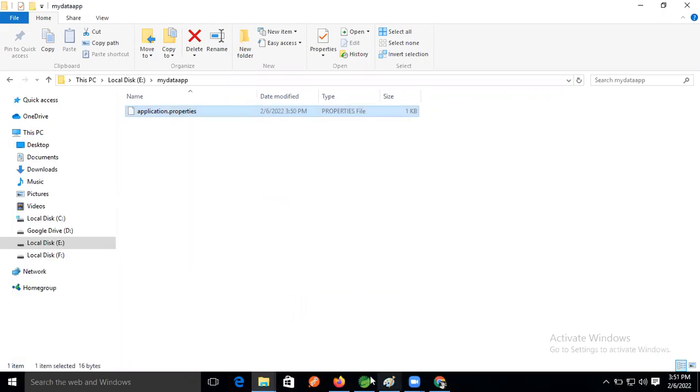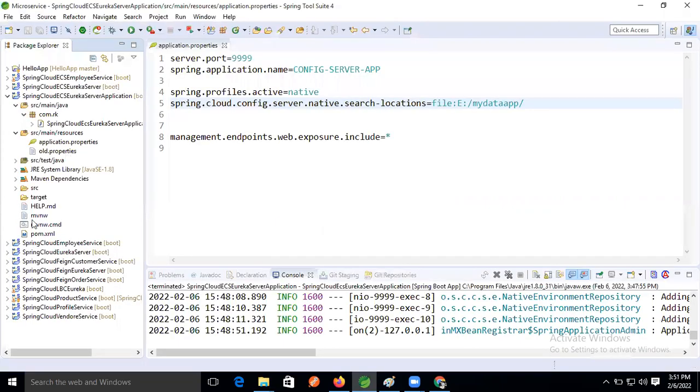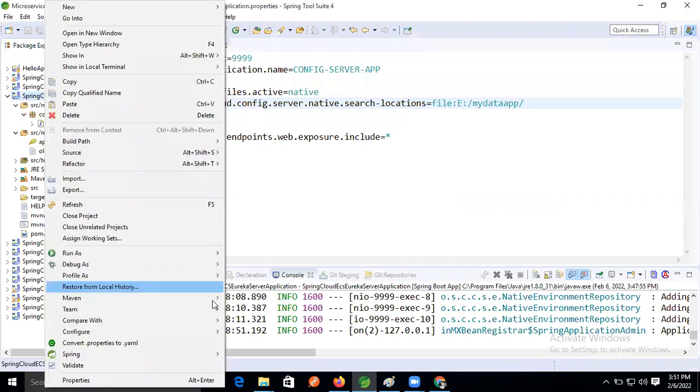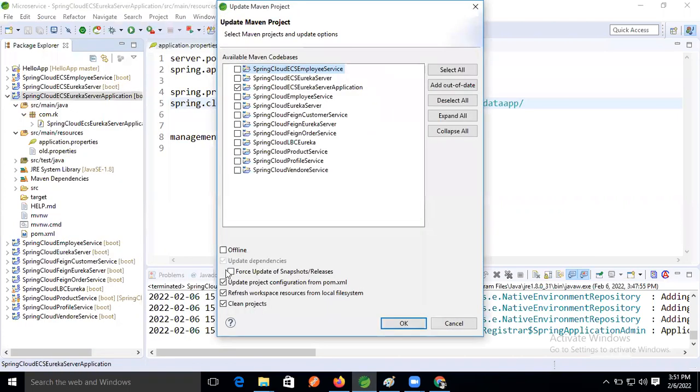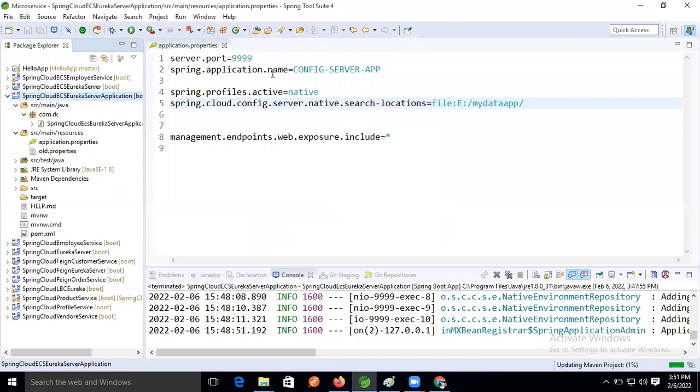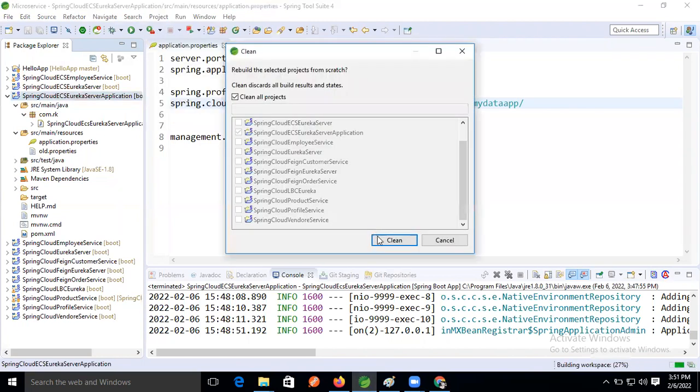Okay, so now come to our application again. I deleted it from that folder. Right click, update the project, clean the project.